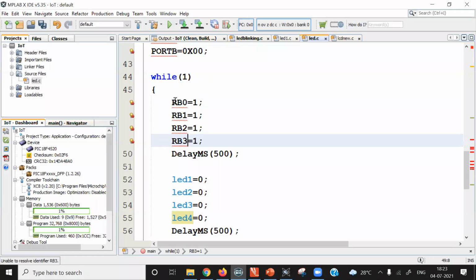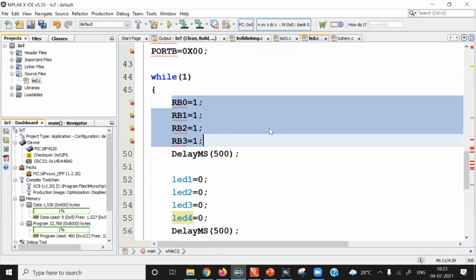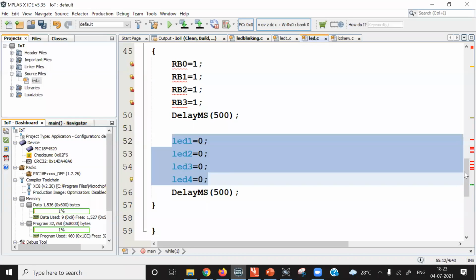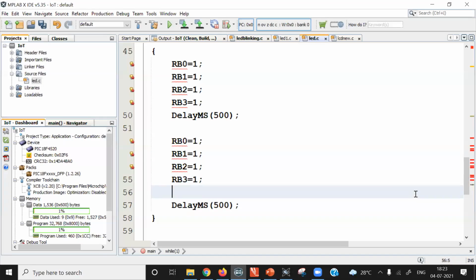Same result we will get. There are multiple ways to access individual pins of the microcontroller. This is one method. So RB0 is equal to 1 and here we must write now 0.